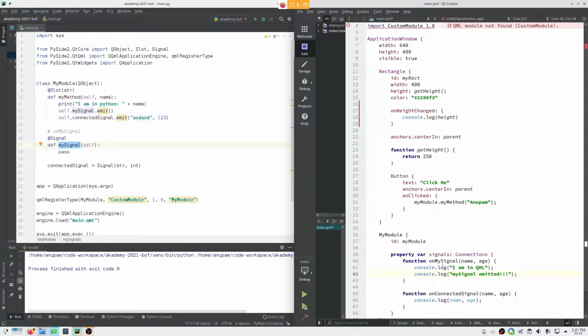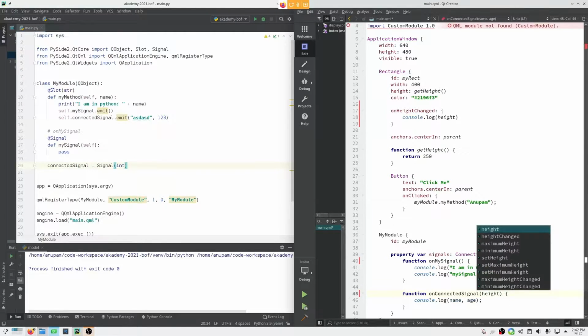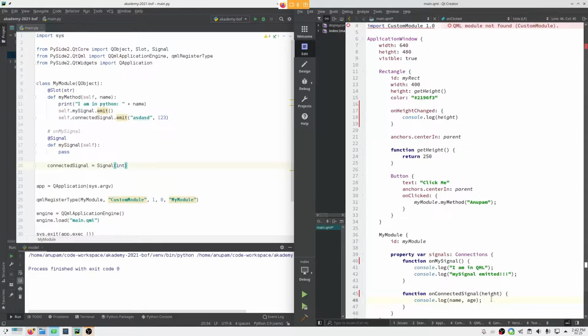Let's say this connected signal sends a value of type integer, and let's call it height. What I'm planning to do is, when I click this button, I want to set the height that I am getting from Python.